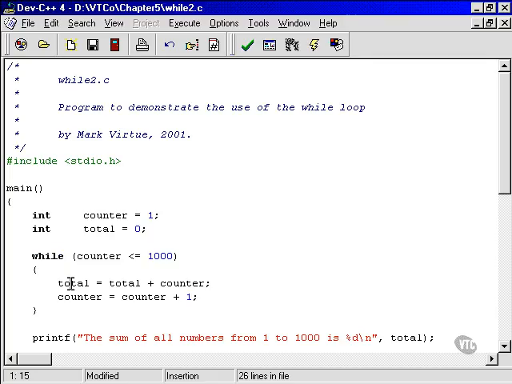So, syntactically, I think we understand the while loop. How about conceptually? We understand it from the point of view where it will count up a certain number of loops. It will loop a certain number of times, an exact number of times if we need it to. And we've also seen the example in the previous example where it will loop an unknown number of times until a certain condition that's outside the scope of the control of the program is actually met. In other words, keyboard input from the user. Okay, so let's now move on to the next module in this chapter, which is about